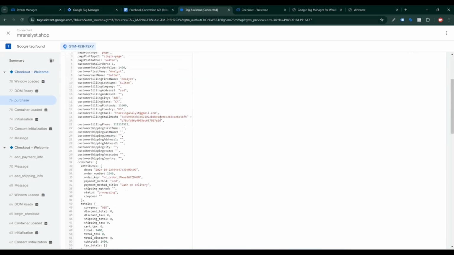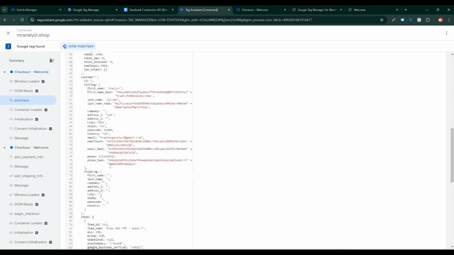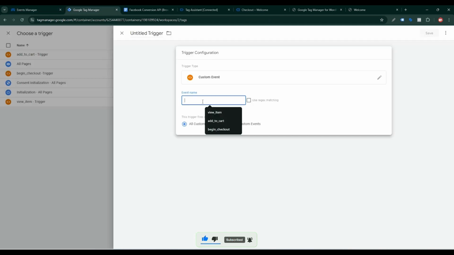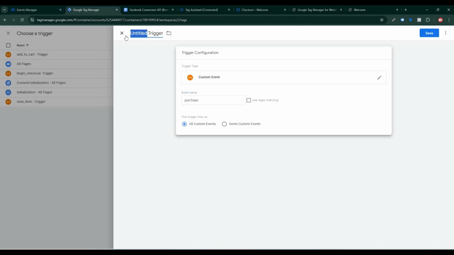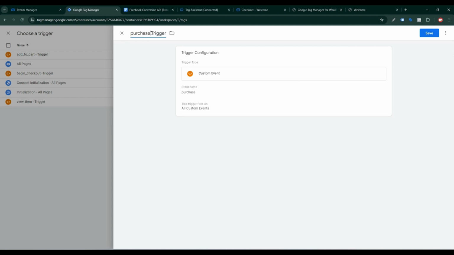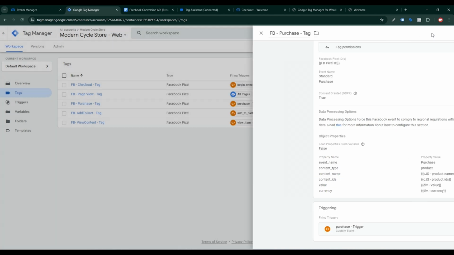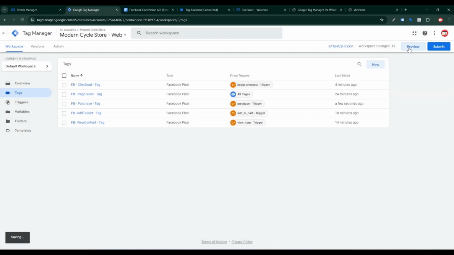The purchase event is a custom event. Check again, the event name is purchase, so copy this purchase and paste it here, and click save changes. So our tag setup is done, then click on the save button, then click on the preview button,